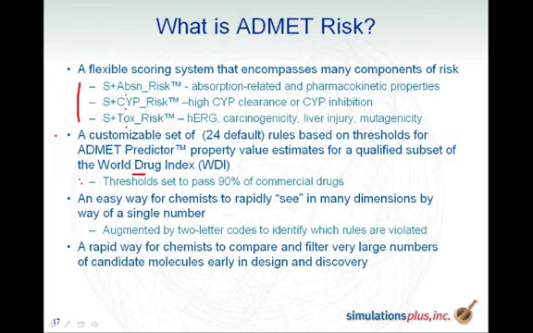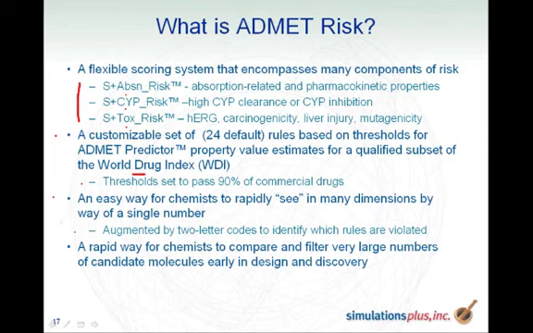So if you get a +1 score for any one of the properties, you're falling within the 10% of the commercial drugs. So this is an easy way for chemists to see in rapid dimensions, or many dimensions, with a